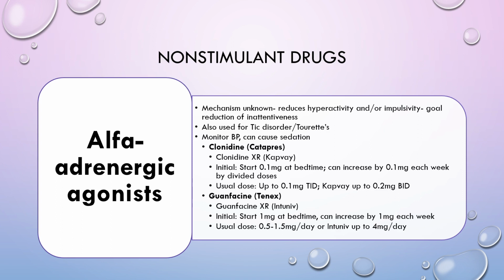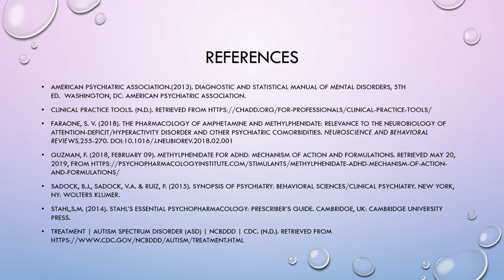And there was something else I wanted to make sure that I added here as far as alpha adrenergics. Oh, if they cannot tolerate these medications and maybe they're having blood pressure issues, please be mindful to not just stop these medications. Please taper these medications. You can actually have rebound hypertension or worsening symptoms. So if you do decide they're not able to tolerate these medications, they do need to be weaned over a few days at a time to a week at a time before stopping.